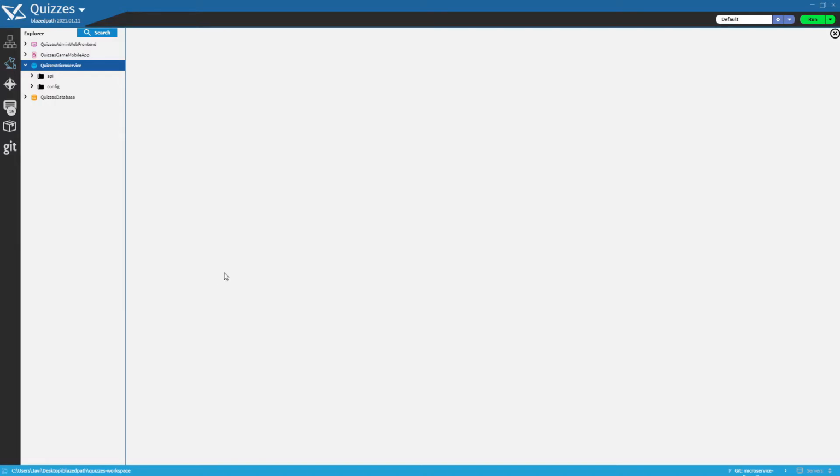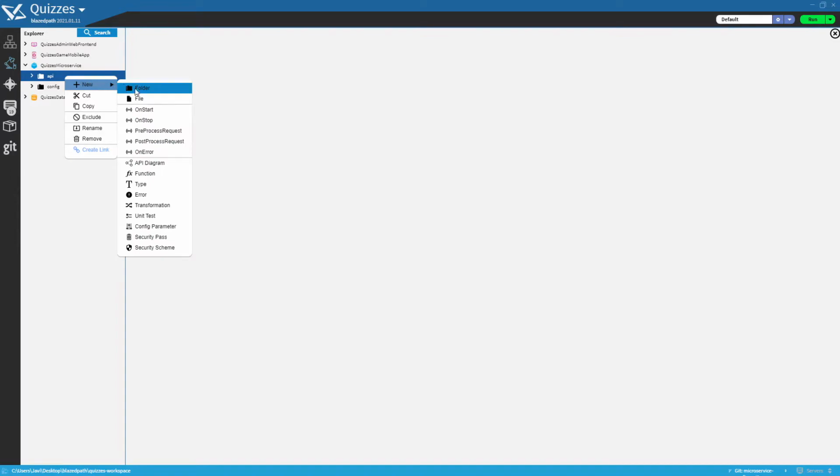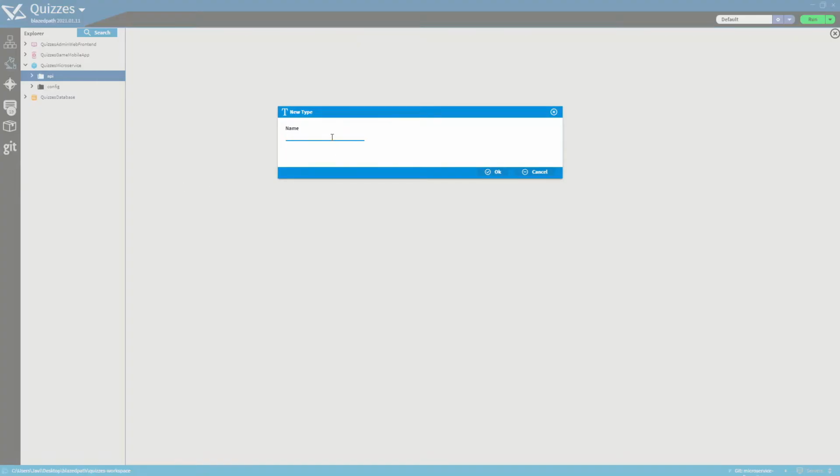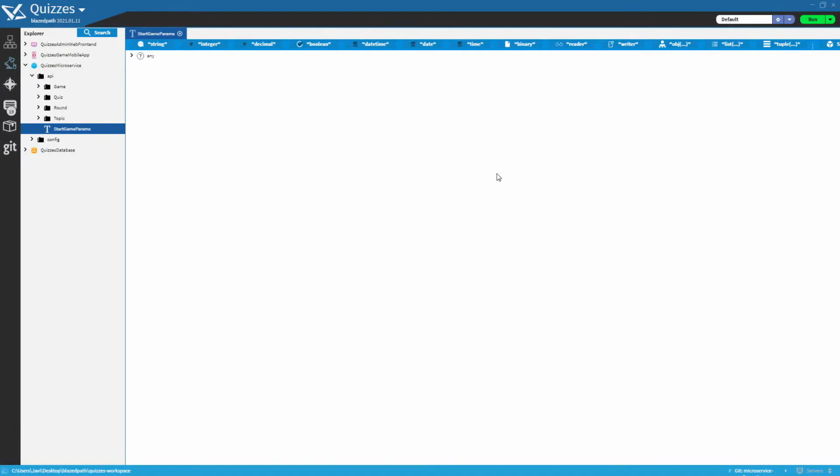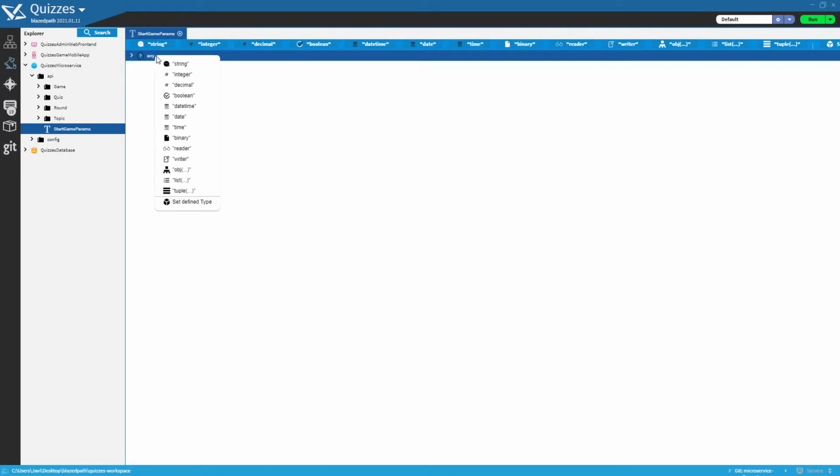Now let's get hands-on and start creating our first data type that will contain the entry parameters for the endpoint function. To do this, we go to the API folder and by right-clicking, selecting New, and then Type, we can create the new one with the name StartGame params. To start modeling our data type, we will right-click on the Any root and we will see a list of all the available types to select. We can even see the ones already defined by us. In this case, we will be using the generic type OBJ,